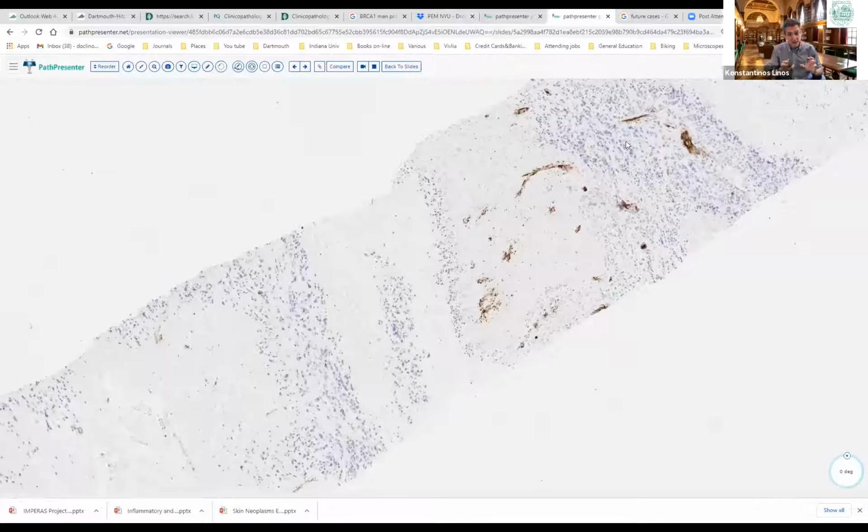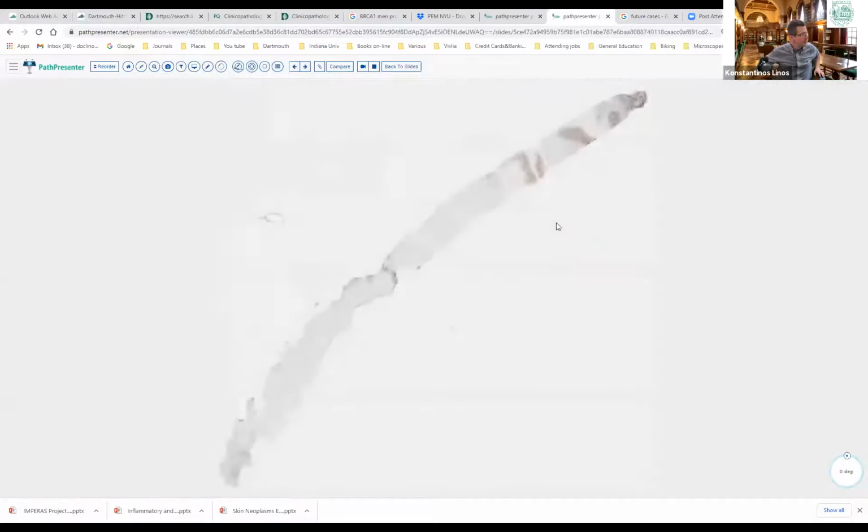And the other thing is, every time you think you have keratin positivity, of course, most of the time it's going to be carcinoma as a statistical probability, but always have in your mind, could that be a vascular neoplasm? Because vascular neoplasms, and especially the more epithelioid they get, can be multifocally, focally, or strongly and diffusely positive for keratin. So think about vascular tumors. Every time you have a keratin and you're not exactly sure if it's carcinoma, just have that at the back of your mind. This case, this was actually